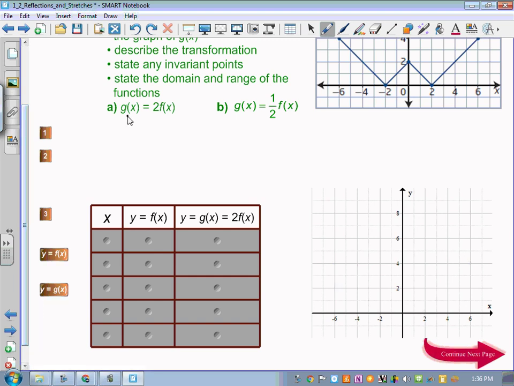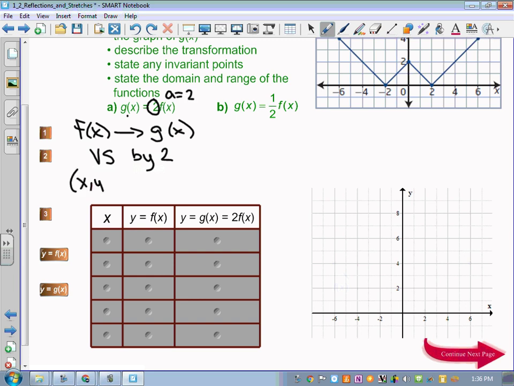And if we go from, and I just want to write this, the graph of f of x turning into g of x requires us, in this case, to vertically stretch by 2. The reason for that is the a value is 2 in this case. Now, if we vertically stretch by 2, then a point on f of x is going to turn into that same point, but we will multiply the y by 2. And that's really important, that this point then would be on the function g of x, and we could connect